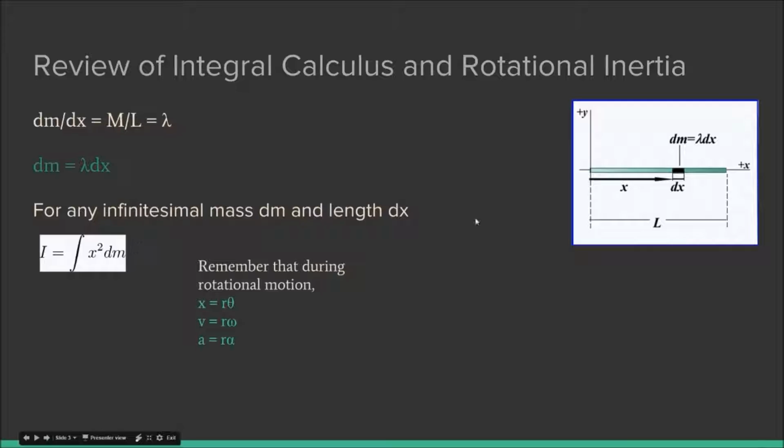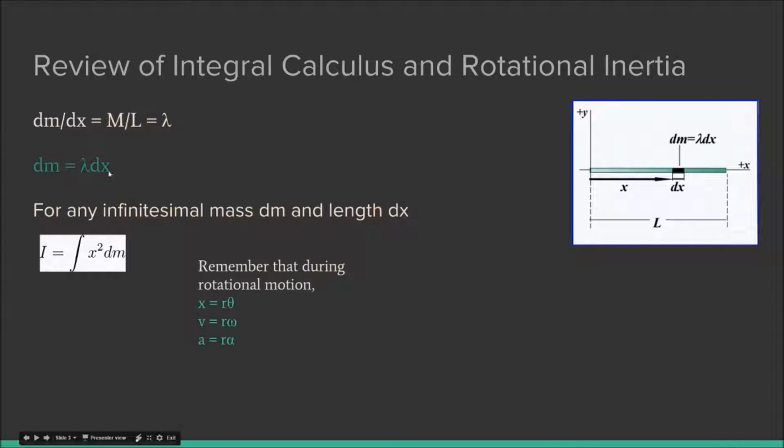And to do this, we look at the rod and we say, okay, since this is a uniform rod, we know that the density of the rod is its mass over its length. And we can call this lambda, which is this Greek letter you see right here. Now, for any chunk of the rod, since it's a uniform rod, you know that the mass of the chunk over the length of that small slice is going to also equal lambda, since it has the same density throughout. So you can say that dm for an infinitesimal mass over dx for an infinitesimal length is also equal to lambda. So if you rearrange this equation and solve for dm, you can say that dm is equal to